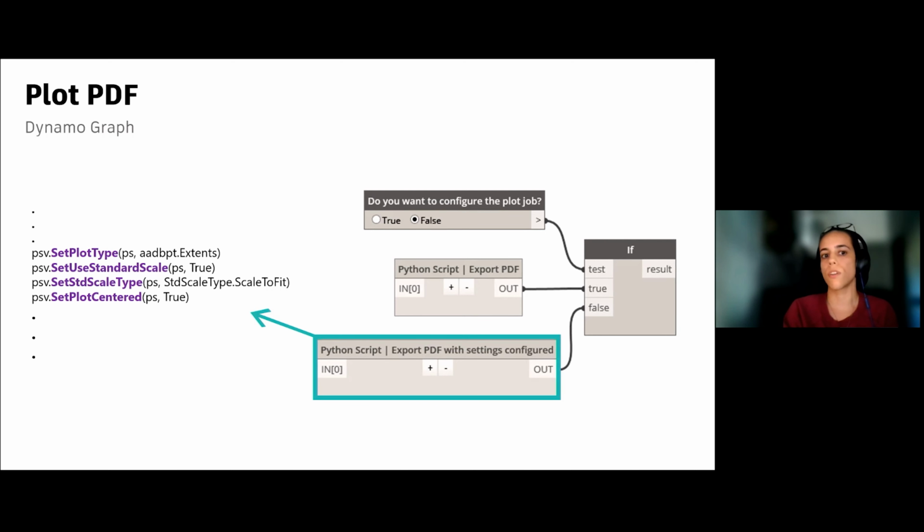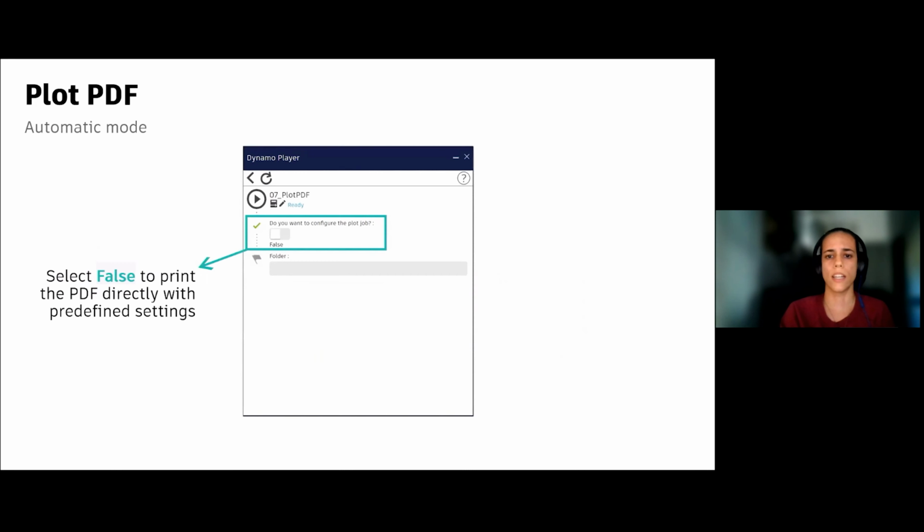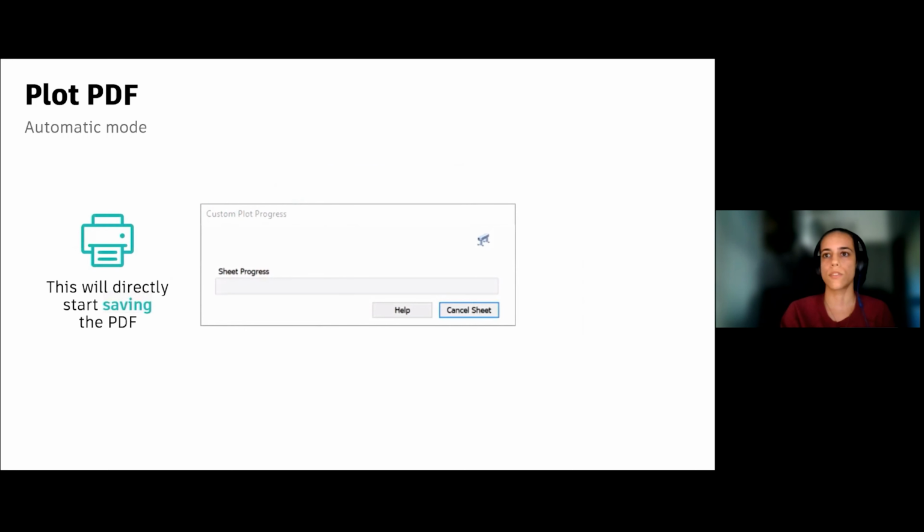The second Python script is the one for the automatic print. It is a few lines of script where we set all the properties that we want to see in our sheet, in our file. So if we go to the Dynamo Player and set the false value and click run, we do not see the previous window of the print preferences, but we see directly the plot progress.